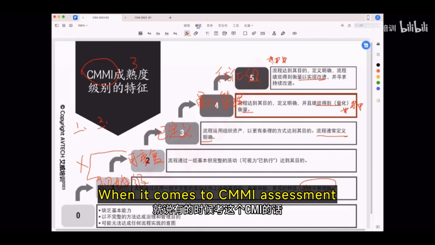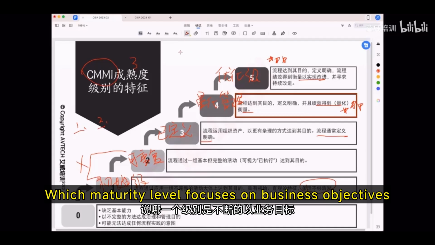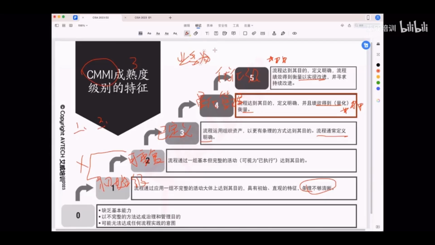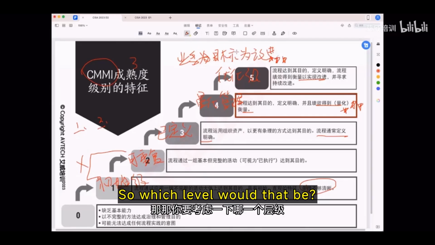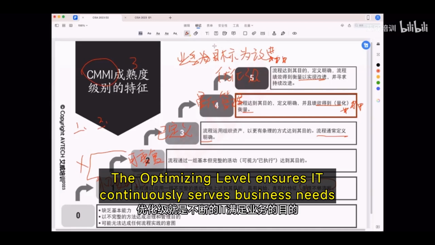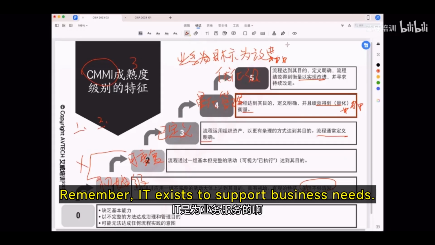Alternatively, when it comes to CMMI assessment, there's another way to describe it. Which maturity level focuses on business objectives and drives improvements through business goals? Business-driven objectives guide the improvement process. So which level would that be? It's clearly level 5, the optimizing level. The optimizing level ensures IT continuously serves business needs through sustained process improvement. What's the real purpose of continuous improvement? Remember IT exists to